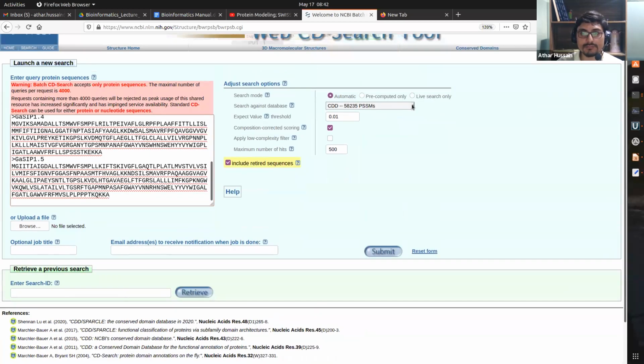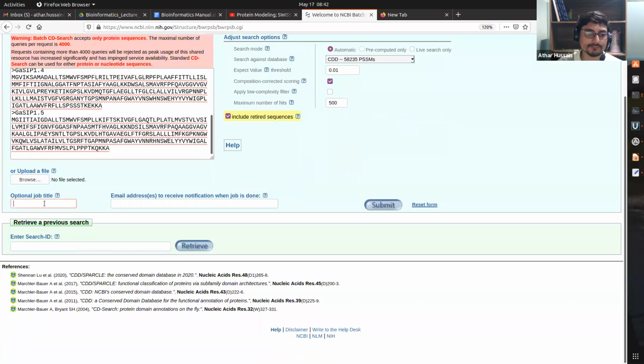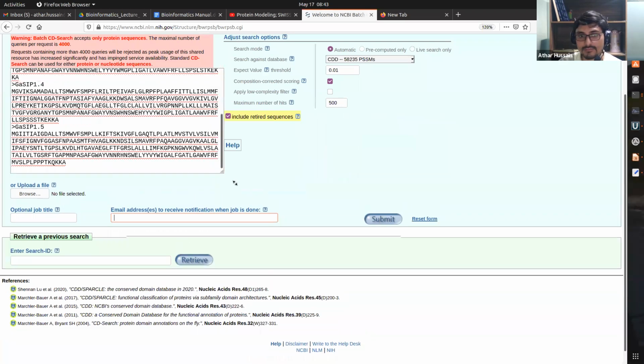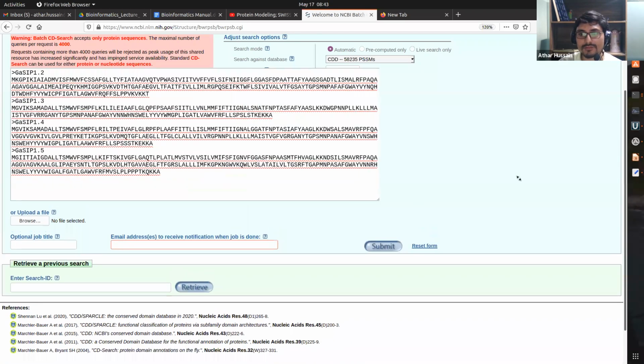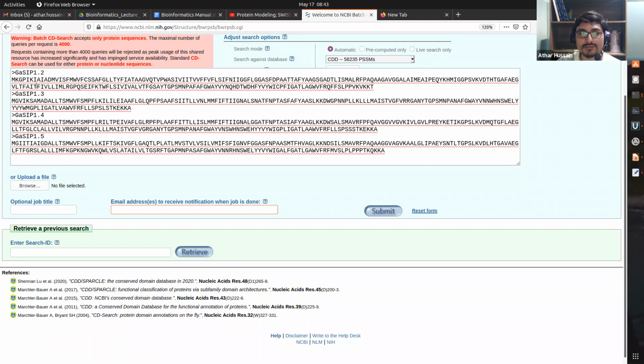Again, these are same as we have discussed in the CD search. Okay, then यहाँ पे एक ऑप्शन भी है कि आप इसको ईमेल एड्रेस भी दे दें. क्यों? बिकॉज इट मे टेक टू मच टाइम. अगर आपके पास नंबर ऑफ सीक्वेंस ज़्यादा होंगे तो डेफिनेटली इट विल टेक टू मच टाइम. और अगर टू मच टाइम ले रहा है तो इट्स मीन्स दे शुड बी सम प्रोसीजर और सम स्टेप्स कि हम इसको क्लोज कर सके. ठीक है, देयरफॉर हमें यहाँ पे कोई ईमेल एड्रेस टाइप करना है